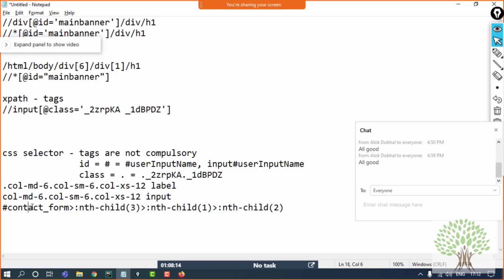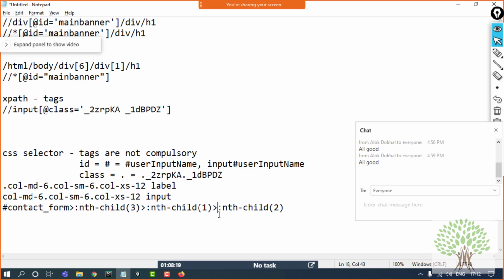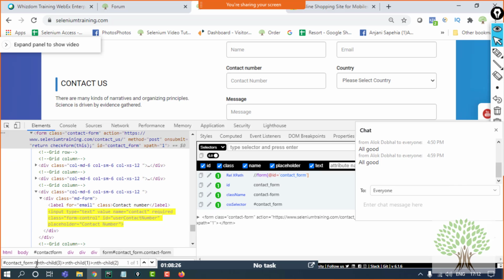Now over here there is nowhere I have used the tag names. If you want, you can use the tag names also. But you need to be careful about the blank spaces. You don't need to give any blank space. Like if I give over here a blank space between this colon and the nth child, my element will not be highlighted. It's not going to extract. Fine. So over here the space is not at all required. If you want, you can have the tag name div over here. Sorry, not over here.